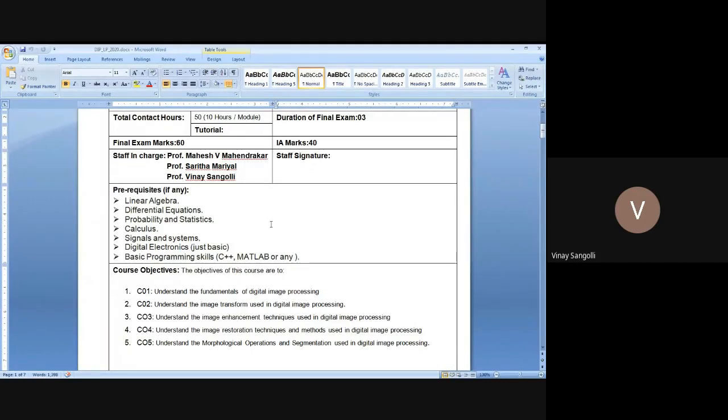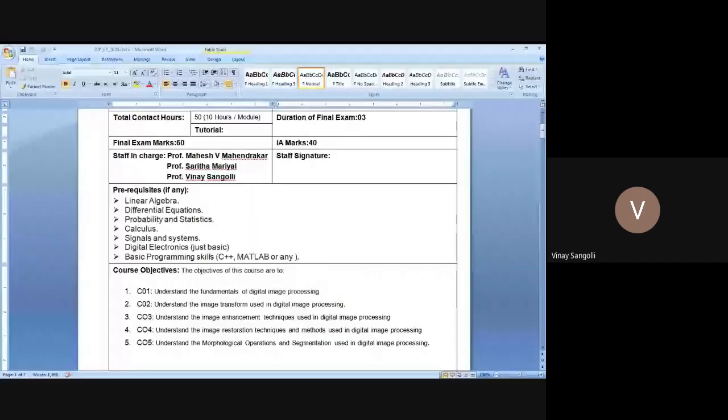Helpful theoretical concepts or knowledge into a programming thing. Now coming to your course objectives, that is, what are the objectives, what do you learn out of this whole subject. So here the course objectives would be, you need to understand various things.